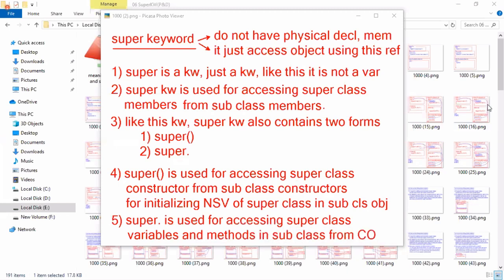Did I tell you that super is an object creation operator? Then what is the use of the new keyword? Tell me, what is the use of the new keyword then? Did I anywhere in this slide tell you that the super keyword is an object creation operator? Use your brain so that you can correctly understand the subject I am telling.